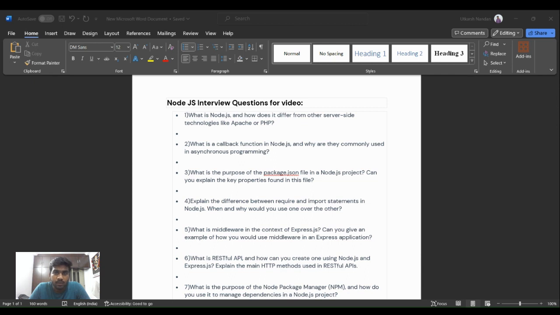Some interview questions on Node.js. The first question is, what is Node.js and how does it differ from other server-side technologies like Apache or PHP? First of all, Node.js is a runtime environment that allows you to run JavaScript on the server side. Unlike technologies like Apache or PHP, which are primarily focused on serving web pages, Node.js is designed for building scalable network applications and real-time applications and